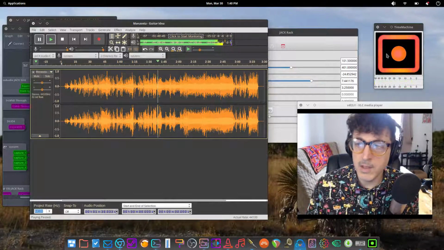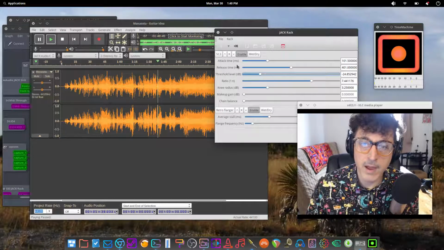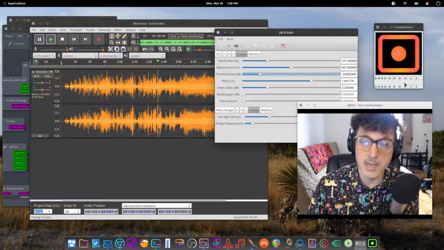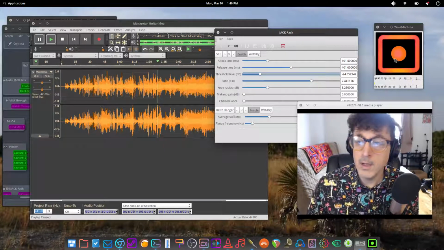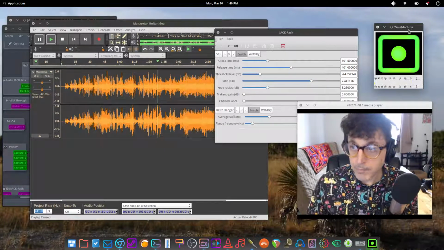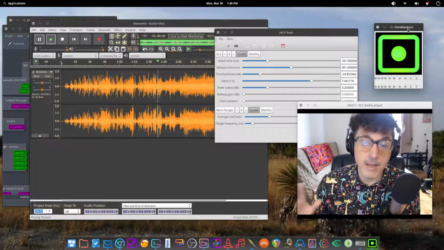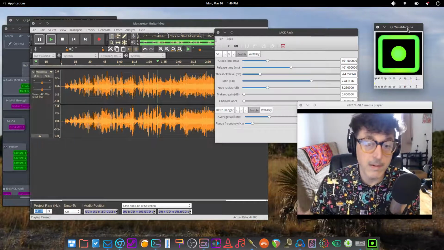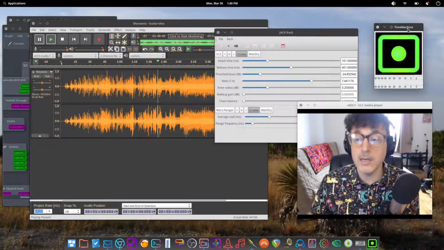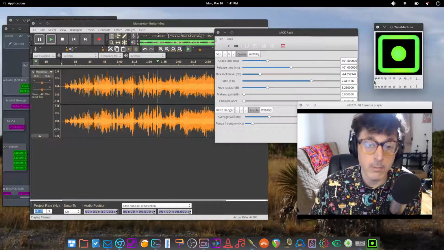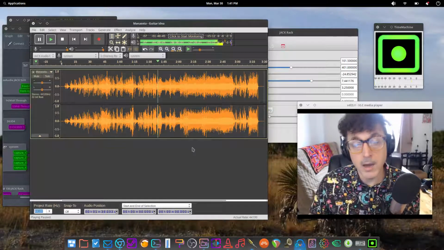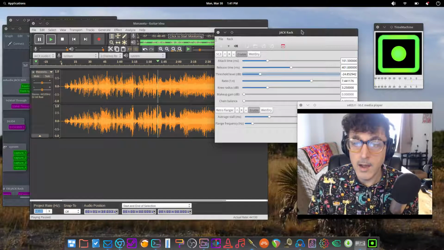Now, I did something a little strange where I think this one, this SC3, is a mono plugin, so that's why we're only getting a single input there. However, you get the point. All that it enables us to do is use real-time effects within Audacity, which you can't do in Windows. So that's another really good reason to use Audacity within Linux as opposed to Windows.